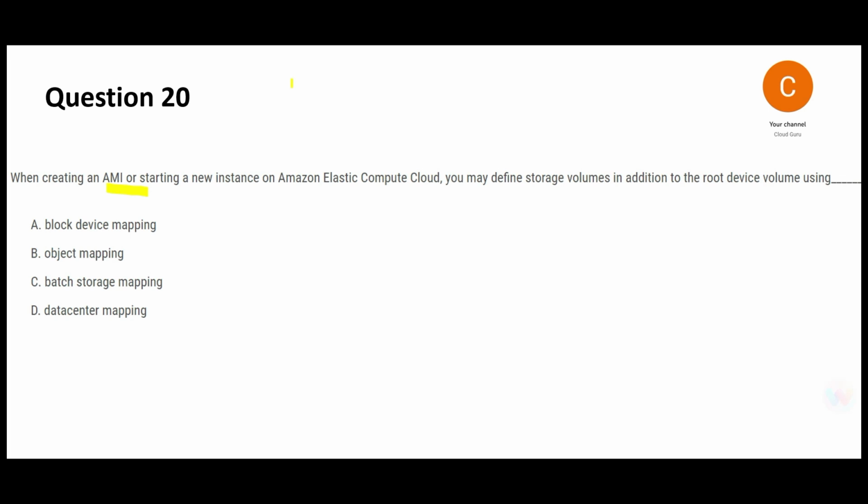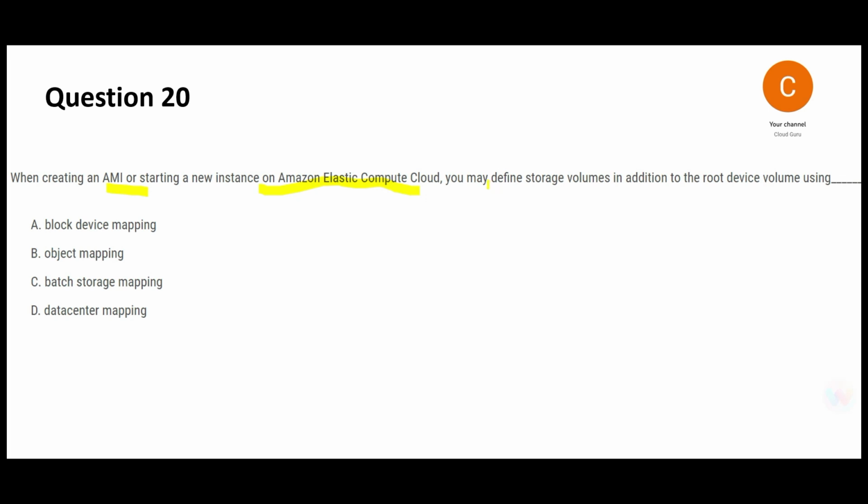Otherwise, if the hardware guy is installing on each and every desktop himself, he might make a manual error, and you might say, hey, I don't have Word available on my desktop, what should I do? So AMIs in the Amazon world ensure consistency for your EC2 instances. Why EC2? Because in AWS, EC2 is just like your desktop, but a virtual desktop. Now, when we create and define AMIs, the question is asking about defining this and starting a new instance on EC2. EC2 is Elastic Compute Cloud.